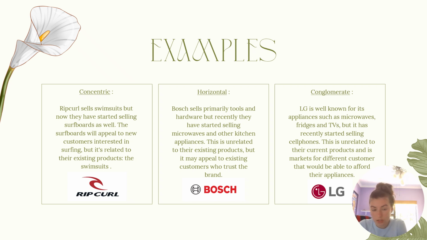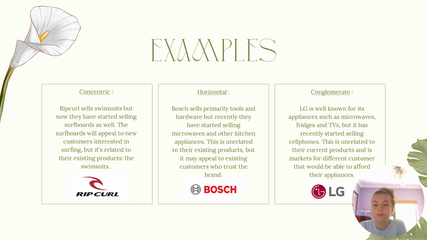This is unrelated to their existing products, but it may appeal to existing customers, because a lot of customers see Bosch as a reputable brand, been around for a long time, products made in Germany. So customers who already buy Bosch may also carry on buying Bosch, even if it's